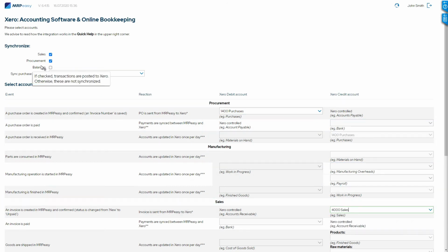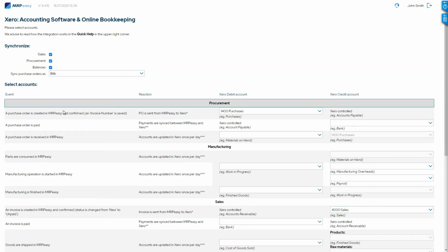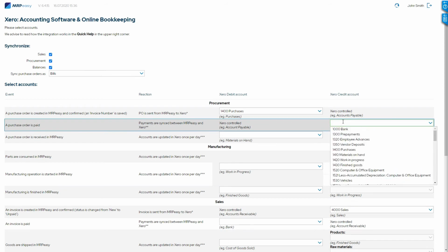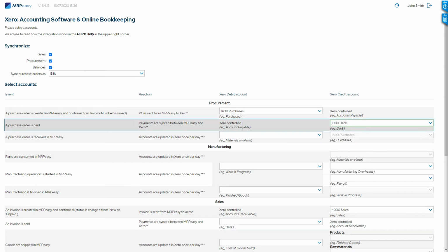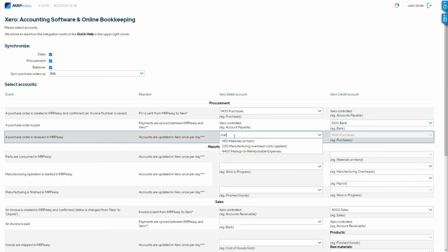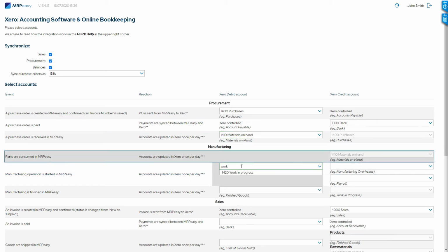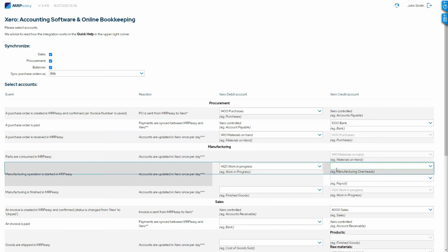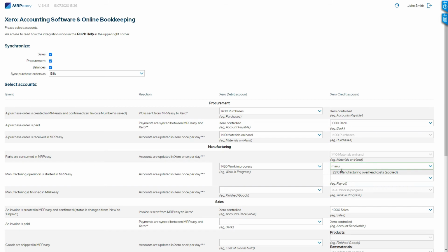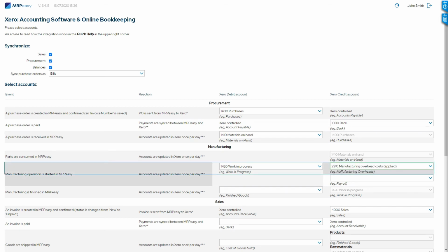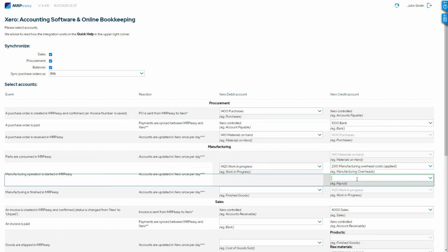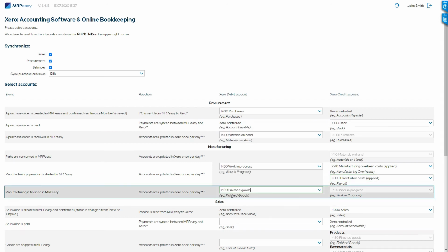If balances are synchronized, then, additionally, the following accounts must be chosen: the default bank account for payments on purchases, the inventory account for materials on hand, which are in stock, the Work in Progress account for the value of products that are currently being manufactured, the Manufacturing Overhead Liability account for the applied manufacturing overhead costs, also known as factory burden, from performed manufacturing operations, the Direct Labor Liability account for the wages workers have earned by performing manufacturing operations, the Inventory account for finished goods that are in stock,